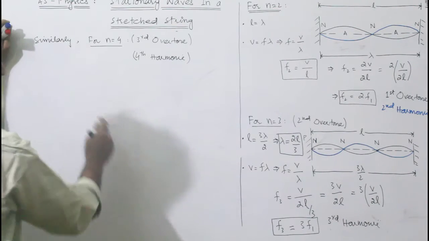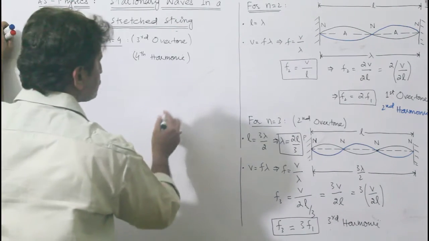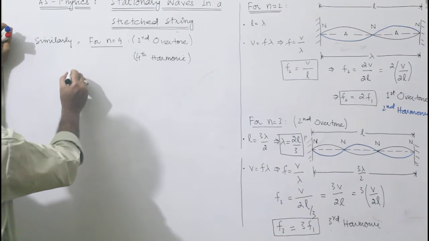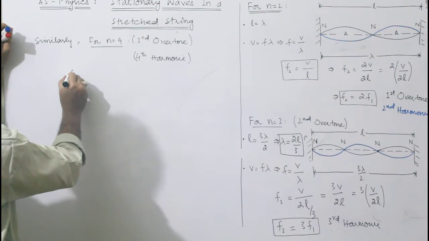Now we can write the general term, not the general term, for the n is equals to 4, that is